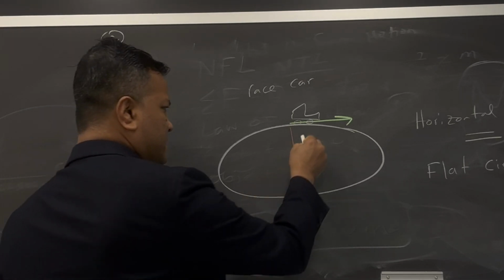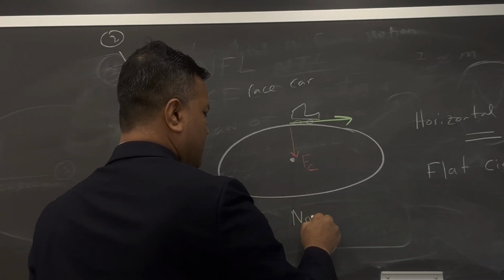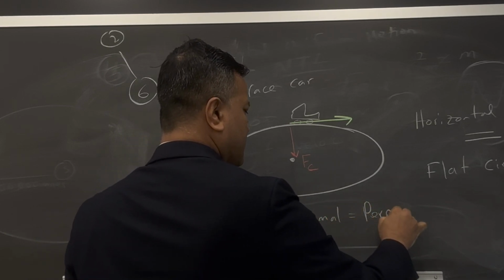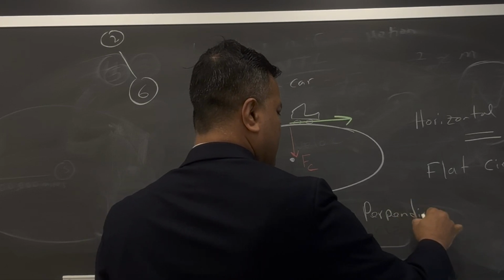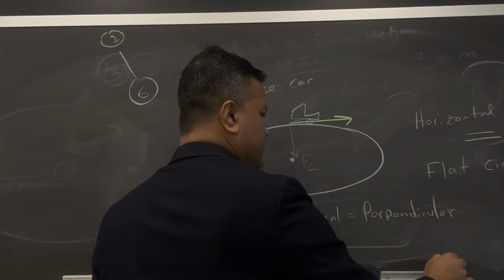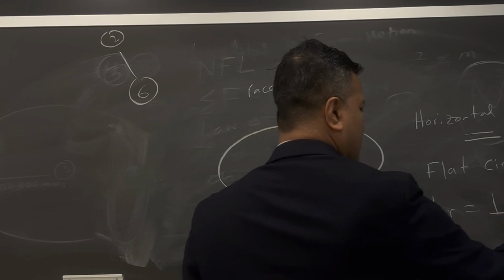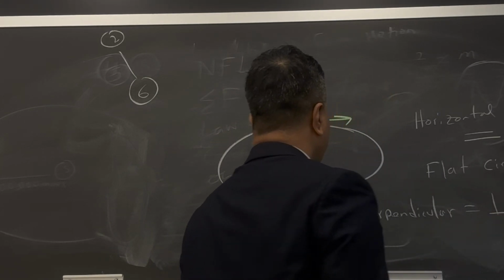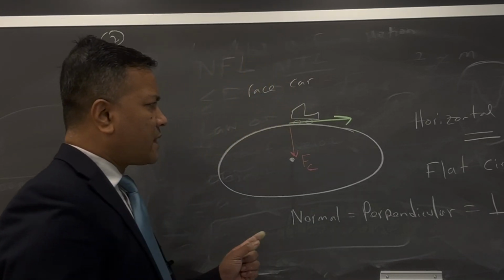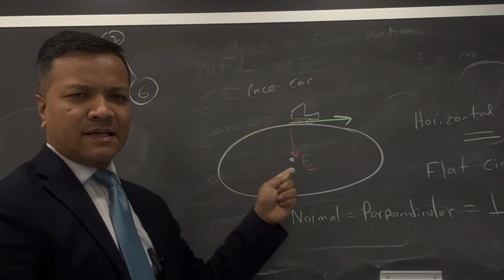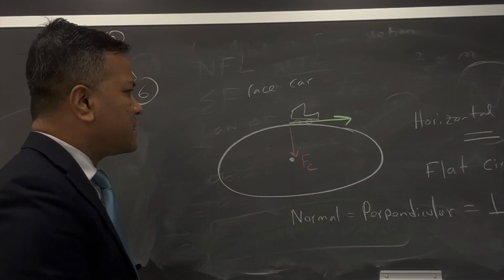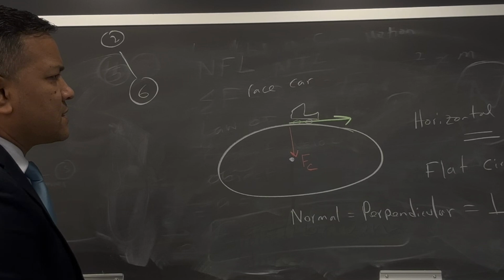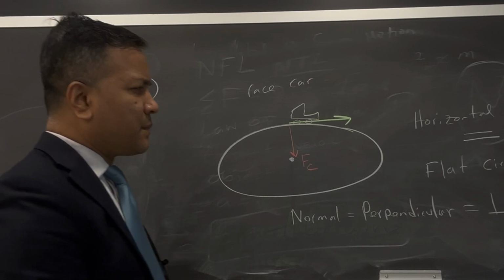Normal means perpendicular, means 90 degrees. So when they are 90 degrees with respect to each other, then you call it the horizontal circular path